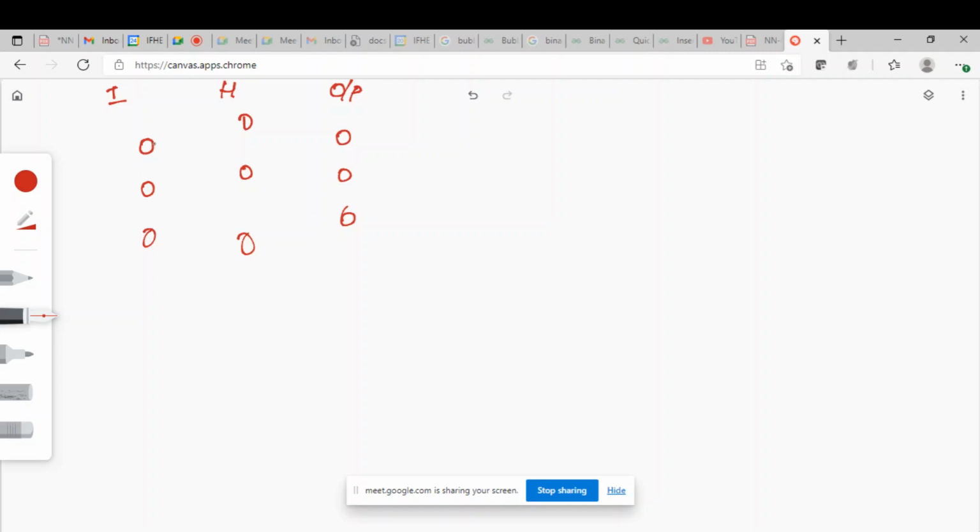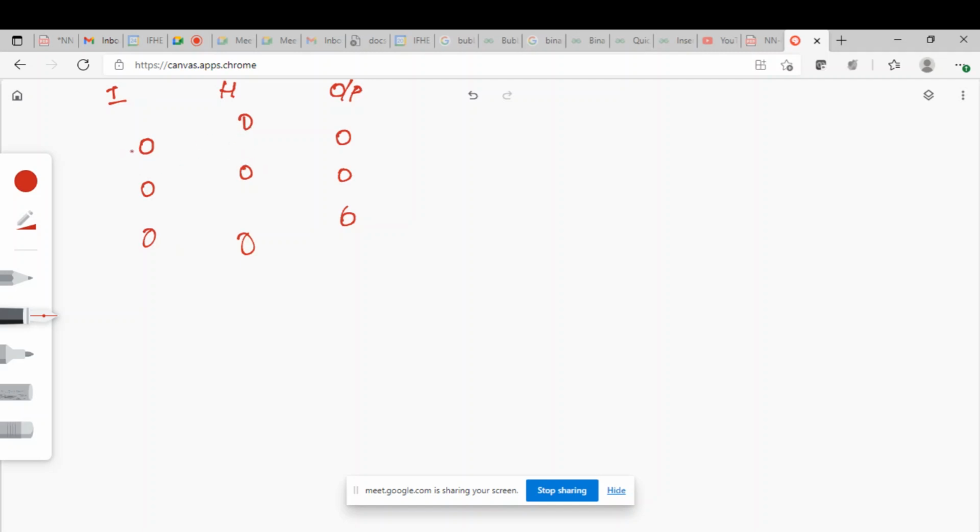So the point I'm trying to say is every neuron in the previous layer will be connected with every neuron in the next layer. So this neuron will be connected with all these three neurons. This also will be connected with all these three neurons. Similarly, this also, with appropriate weights. Similarly, all these neurons from the hidden layer will be connected with every neuron in the output layer. So this neuron will be connected here, here, and here. This will be connected here, here, and here. And this will be connected to here, here, and here. Okay.